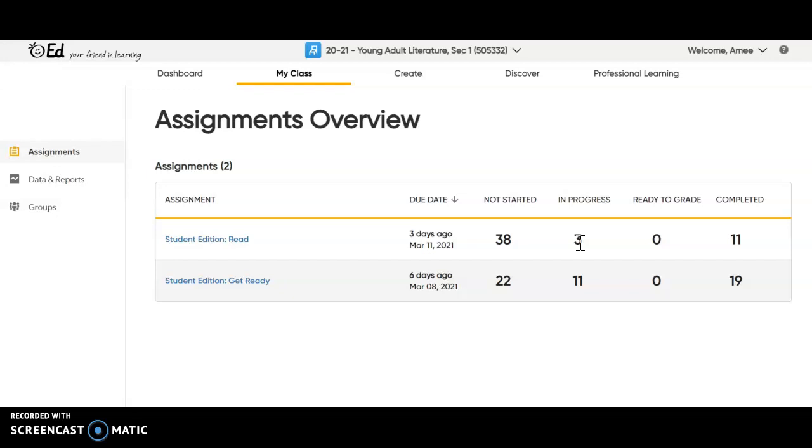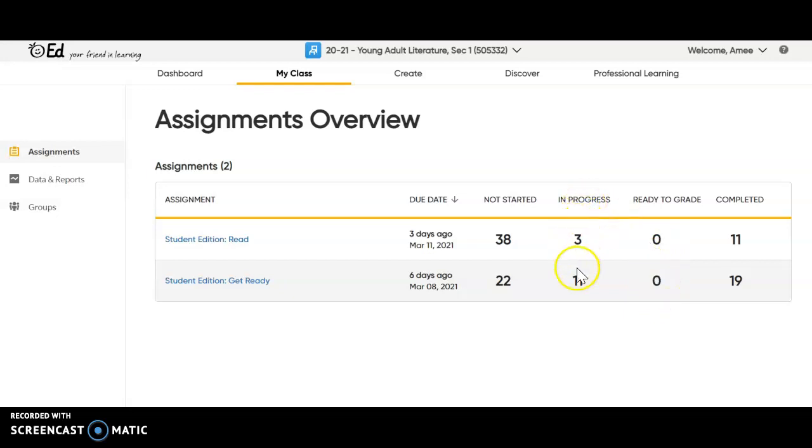In order to turn it in, you have to come back to your assignments page that looks similar but not exactly like mine. You will have something on your page that says I'm done. You will need to click that. I don't have that here, but it'll be next to the assignment name somewhere in the row. You'll click I'm done. When you do that, on my teacher view here, it will tell me that it's ready to grade, and then I'll know to go in and look at it.